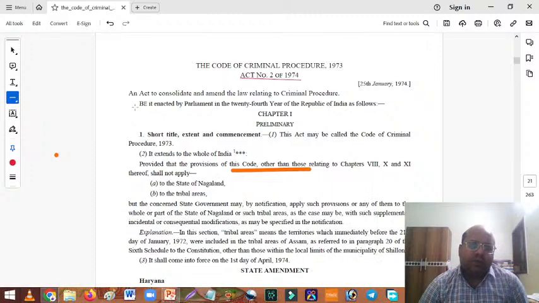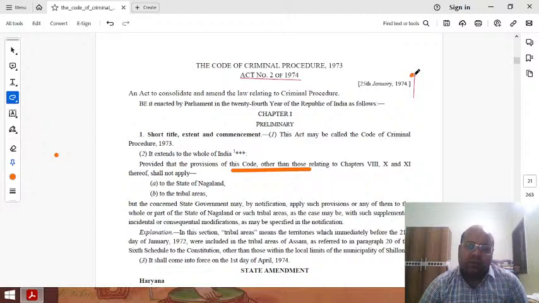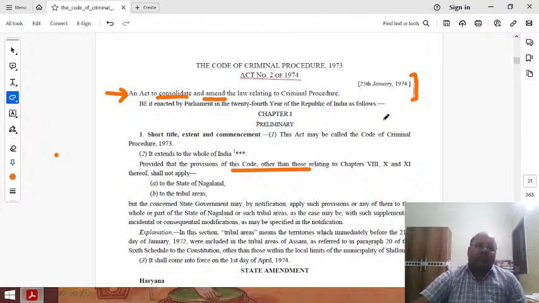So the preamble of this act says, this date which has been written here is the date on which the Code of Criminal Procedure was passed by the Parliament and received the assent of the President. The preamble says that it is an act to consolidate and amend the law relating to the Code of Criminal Procedure, because the predecessor of this Code of 1974 was the Criminal Procedure Code of 1898. So